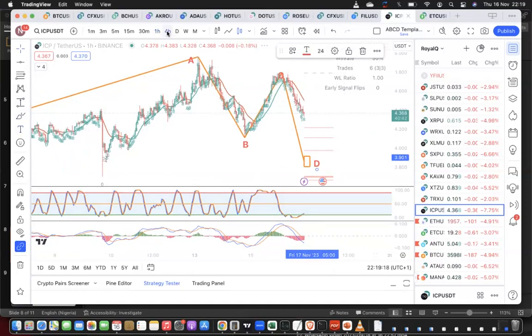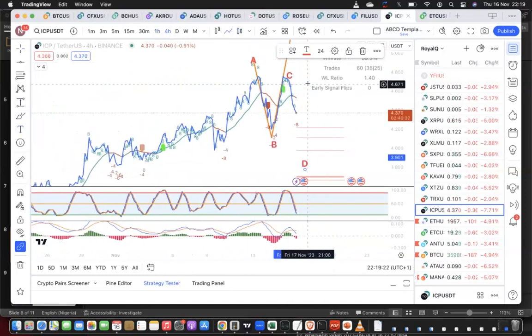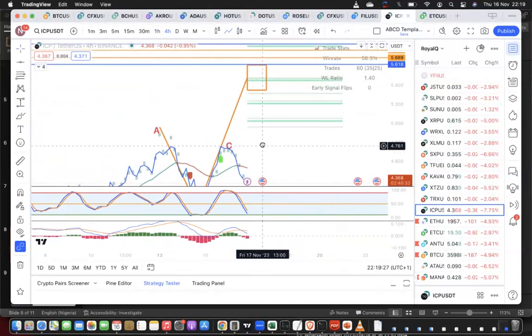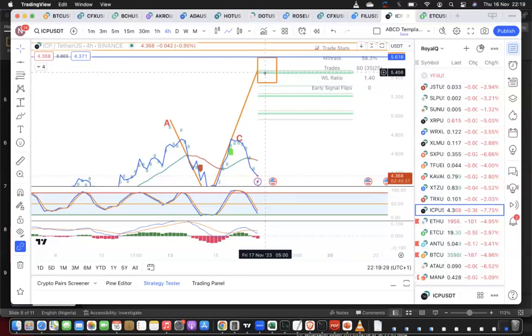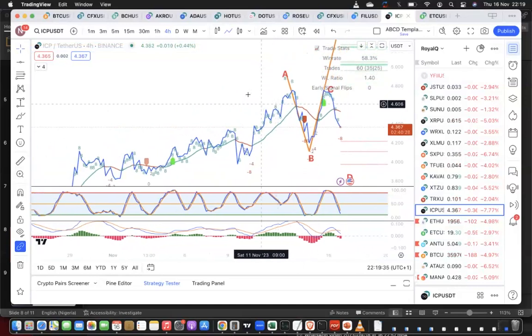And I'm going to draw my support and resistance on the 4-hour chart now for ICP. And you see, it's telling me that there's Gartley here too. All right. There's Gartley on this level. And it's telling me something crazy is right up here. Okay. Something crazy is right up here. For you to get a full Gartley shape,